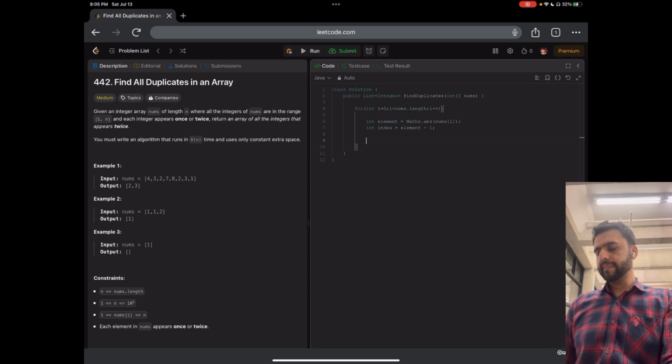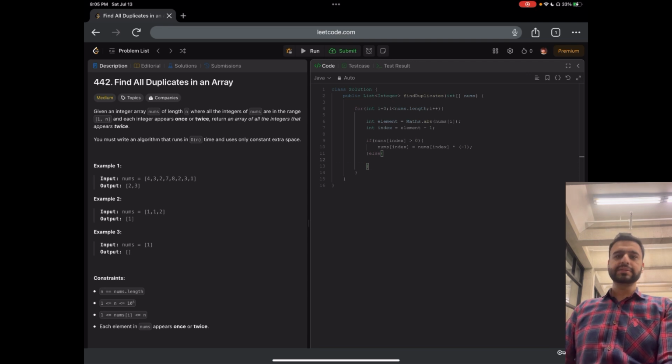Now if nums of index is greater than 0, make it negative: nums of index is equal to nums of index multiplied by -1. And if it's negative, it means this element has already occurred once, and this is the second time this element is occurring. So I'm going to initialize a result